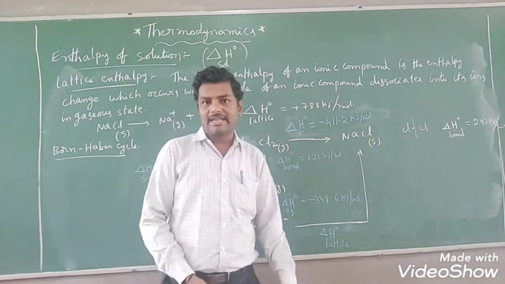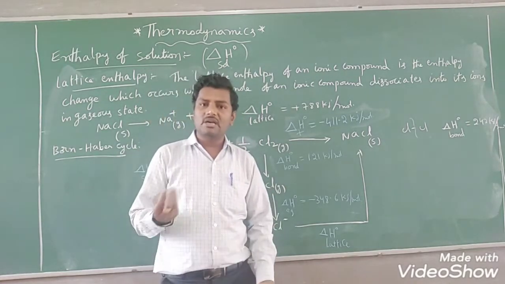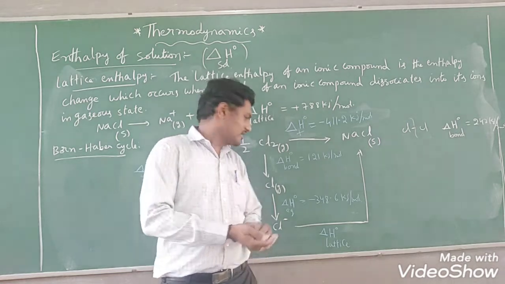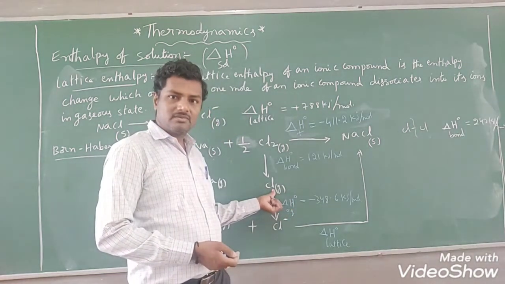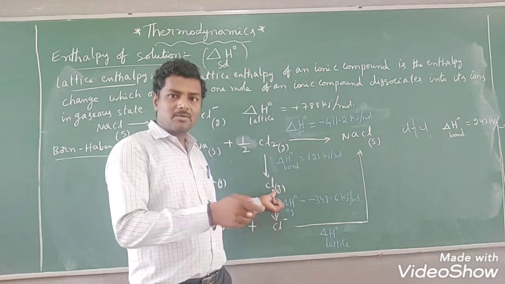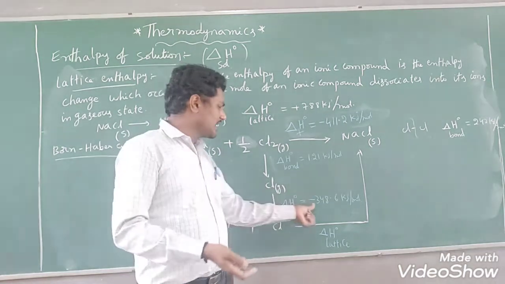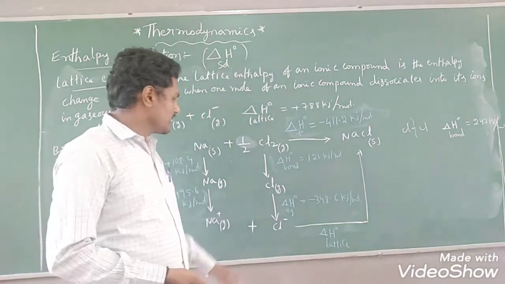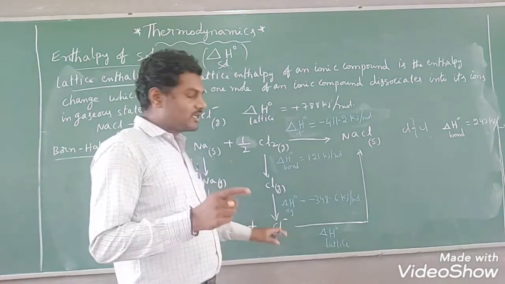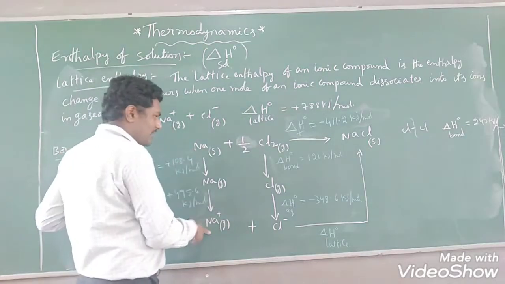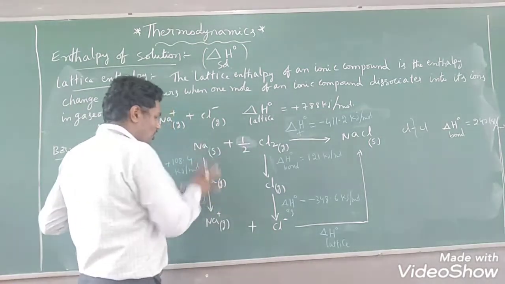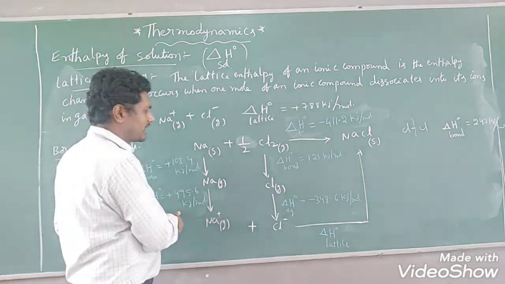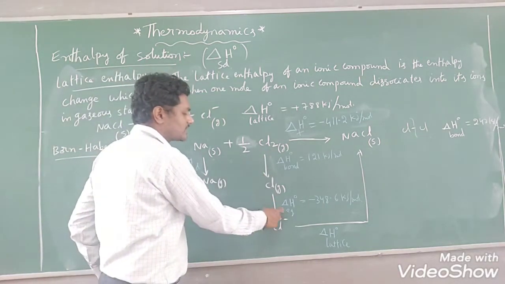Now you can apply electron gain enthalpy. What is the electron gain enthalpy? The amount of energy released when an electron is added to the neutral isolated gaseous atom, right? Neutral isolated gaseous atom. You can add an electron. Some amount of energy is released. Released means negative sign. How much amount of energy is released? Minus 348.6 kilojoule per mole. Right? Now we have converted into Cl minus ion. So to convert sodium to sodium ion, Cl to Cl minus ion, how many processes are taking place? You see that. Sublimation process, ionization energy, here bond dissociation enthalpy, electron gain enthalpy.